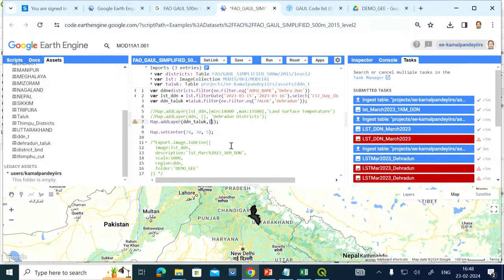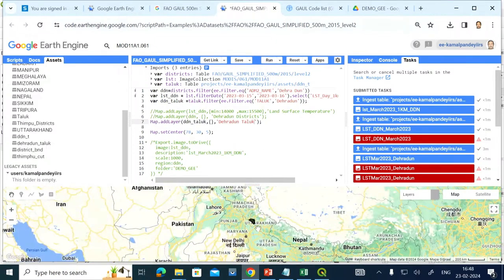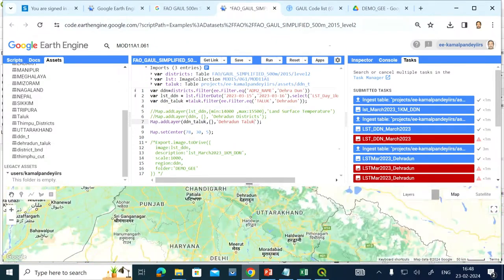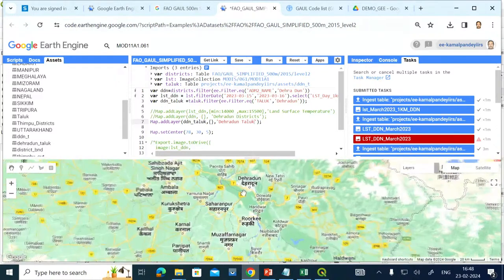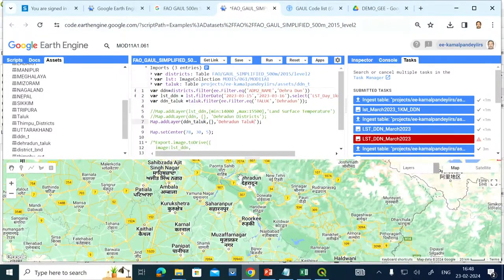It needs some visualization parameter, and then here I will write in inverted commas Dehradun Taluk like this, and then if I run it, you can see that small boundary of Dehradun Taluk is displayed here. From those 2 polygons it has taken only the 1 polygon.